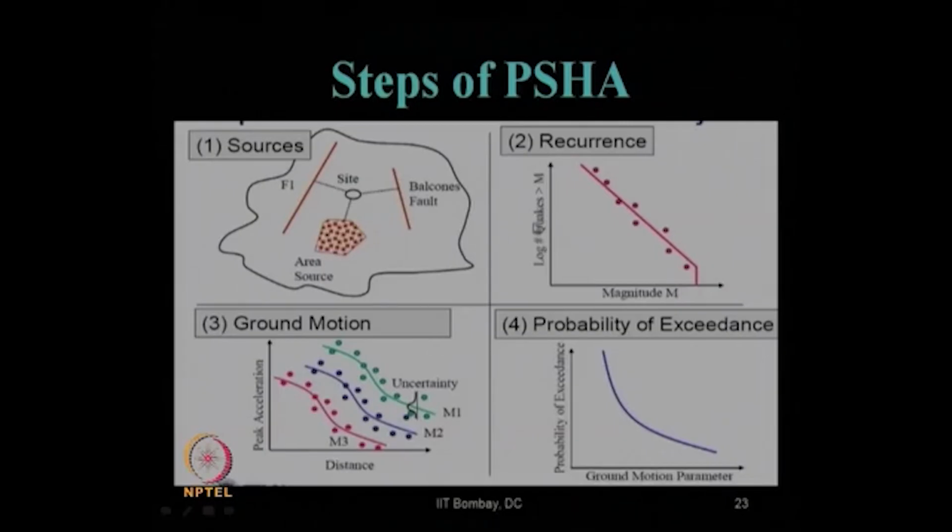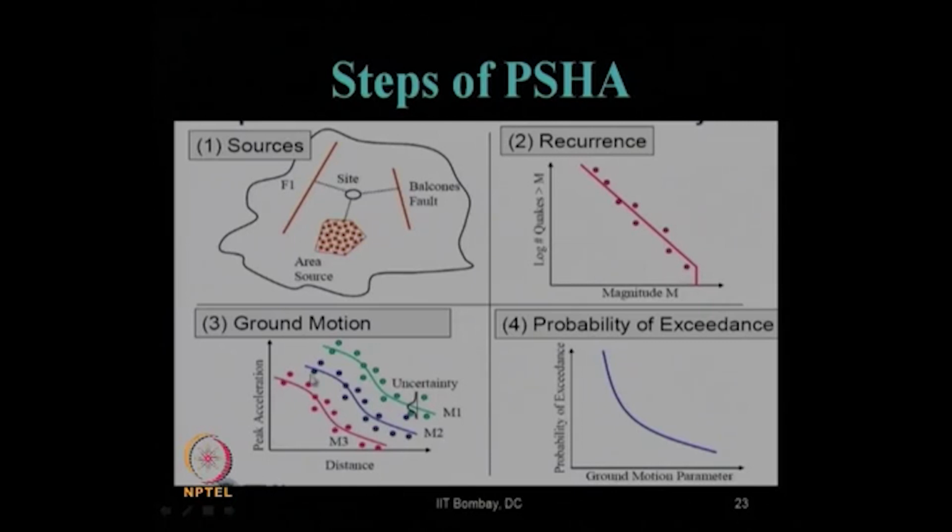So, above that magnitude, whatever earthquakes occur, let us say we consider only those number of earthquakes, and this is the magnitude. So, magnitude versus number of earthquakes. Suppose a magnitude of 5 occurs say 100 times in our chosen domain, and a magnitude of 6.5 occurs say only 10 times. So, this is in log scale, this is magnitude, we can plot like this. That will give us the distribution or the recurrence of that earthquake